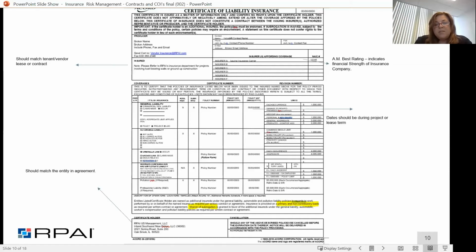And then the boxes to the right are filled out by the insurance broker. You'll see there's a column there that shows for additional insured and waiver of subrogation. I'll explain a waiver of subrogation in a little bit. But they can check off there that they apply to this additional insured. It has the policy information along with the effective dates, and obviously you want to make sure that those effective dates run through the term of your project or your lease.